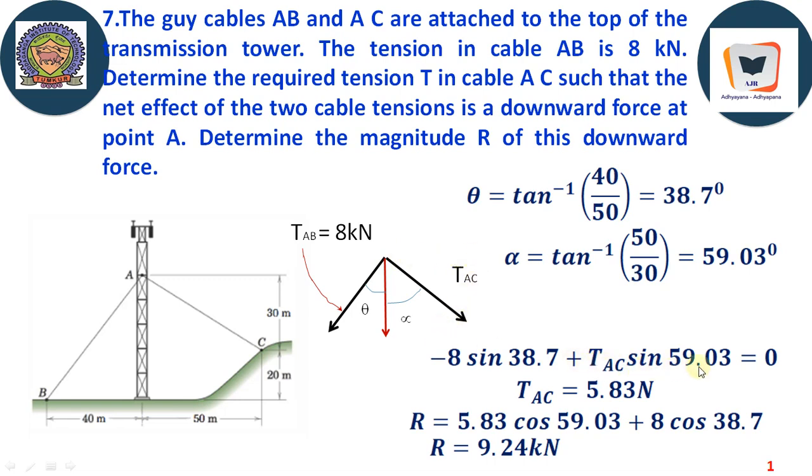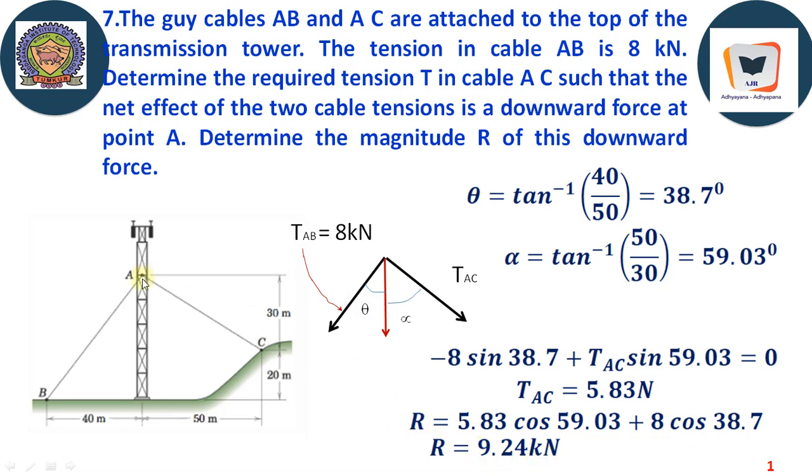Therefore, TAC is sine 59.03. Sine of the angle comes from the fact that the angle of reference is with respect to vertical. Therefore, TAC happens to be 5.83 Newton upon solving this equation, and we will find out the resultant by just equating the algebraic sum of the vertical forces itself as the resultant. So it is 5.83 cos 59.03 and 8 cos 38.7 will give us resultant equal to 9.24